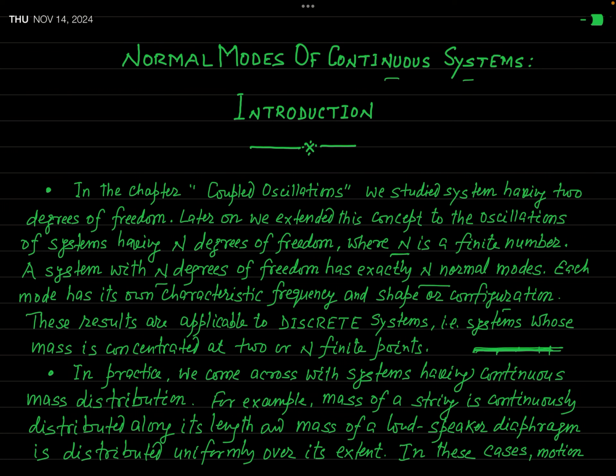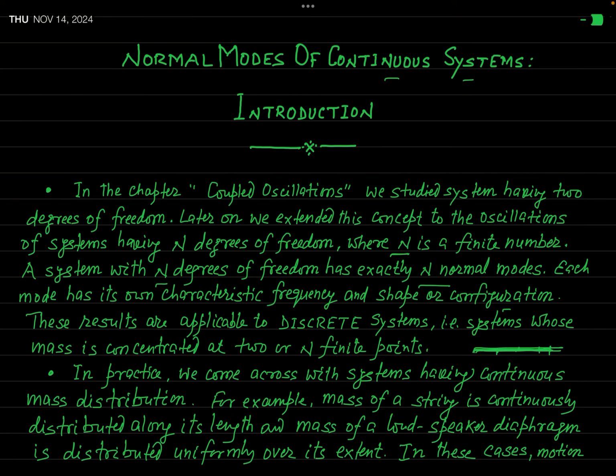Okay, so I have mentioned it here. You can see that in principle the problem of continuous system can be tackled by considering the motion of n equally spaced masses letting n tend towards infinity, and the interparticle separation, which I have assumed here d, that tends to 0. So when we make these two assumptions, in that very condition our system will become a continuous mass distribution system. Okay,